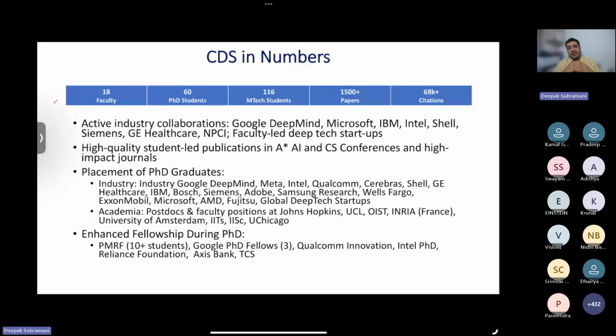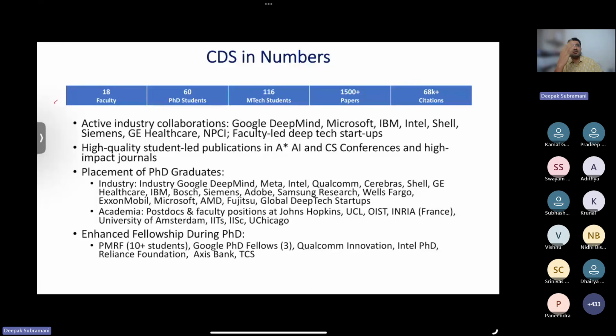If you look at the PhD graduates that have recently graduated, they joined industry like Google DeepMind, Meta, Intel. Many of our alumni also get placements in the United States, right? So these big labs in the US, they work directly there. There are global deep tech startups that our alumni are working in, especially in computational material science, fields like that. ExxonMobil, the oil and gas industry, IT companies, hyperscalers, banks, trading, you name any of the fields, right? So our alumni are there in those companies, right?